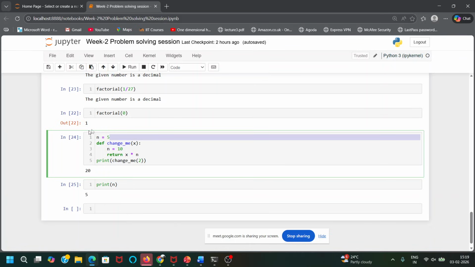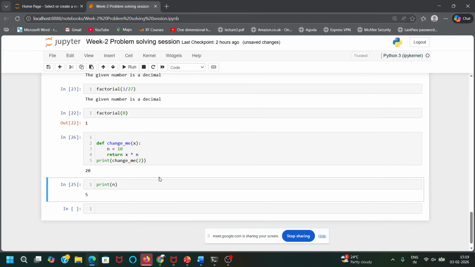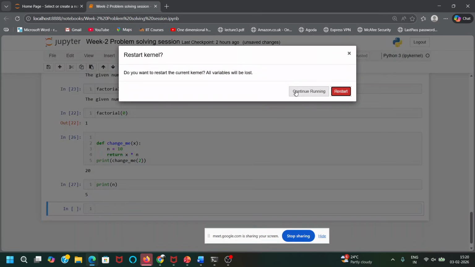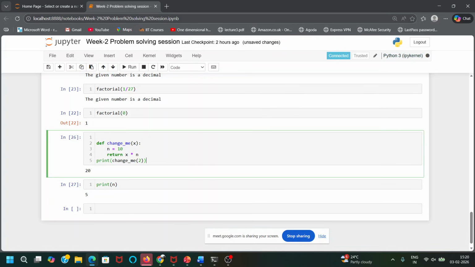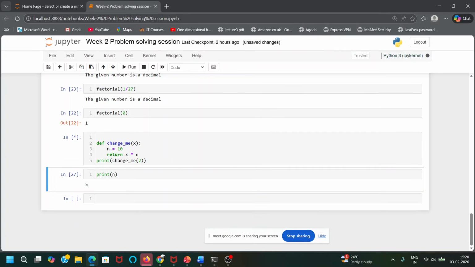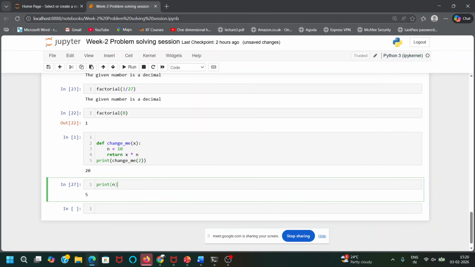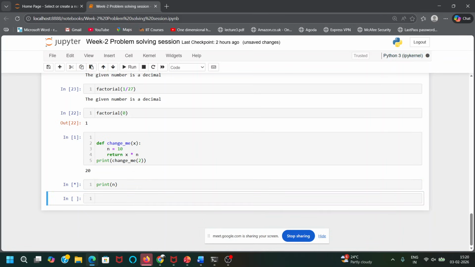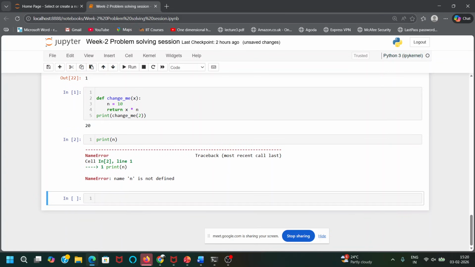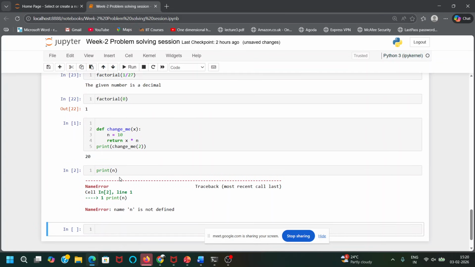Let's say I have not defined n is equals to 5, and if I run here and now print n, let's see what it will print. It is printing 5. Let's restart it. Restart, and now if I run n, you can see that it is saying name n is not defined.